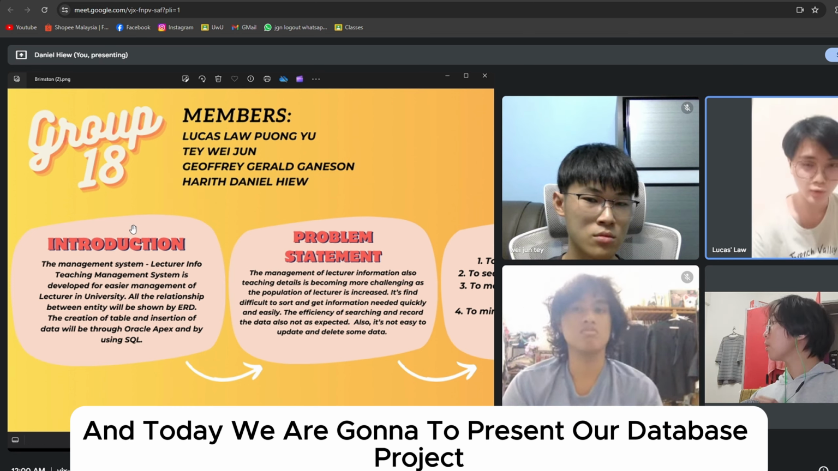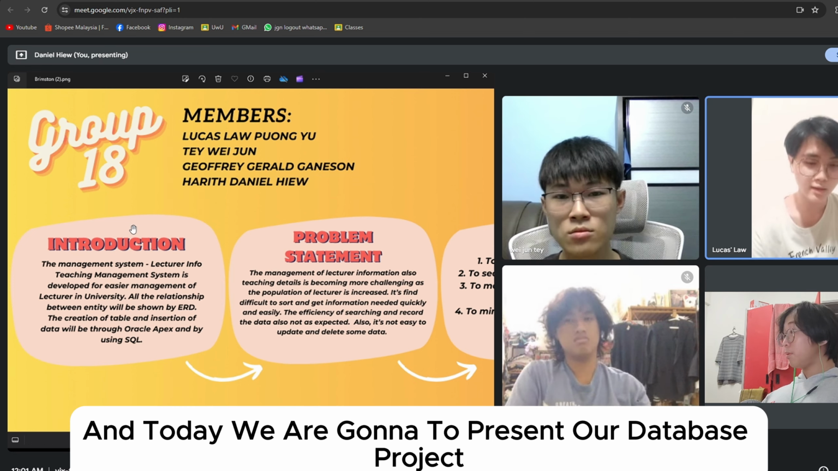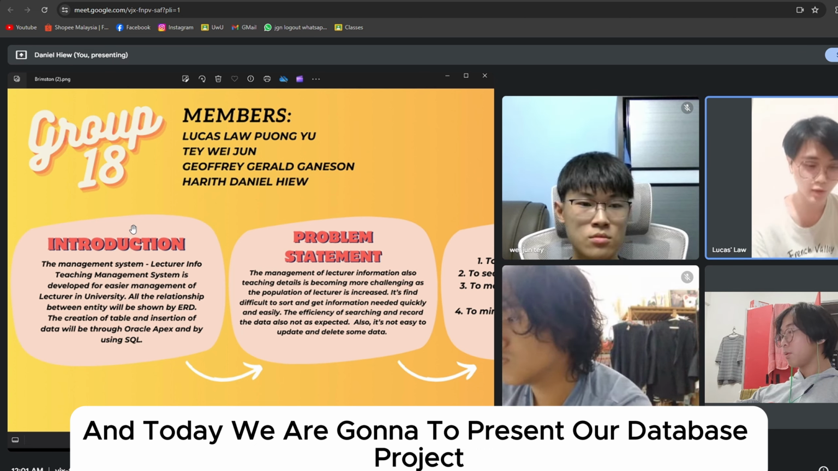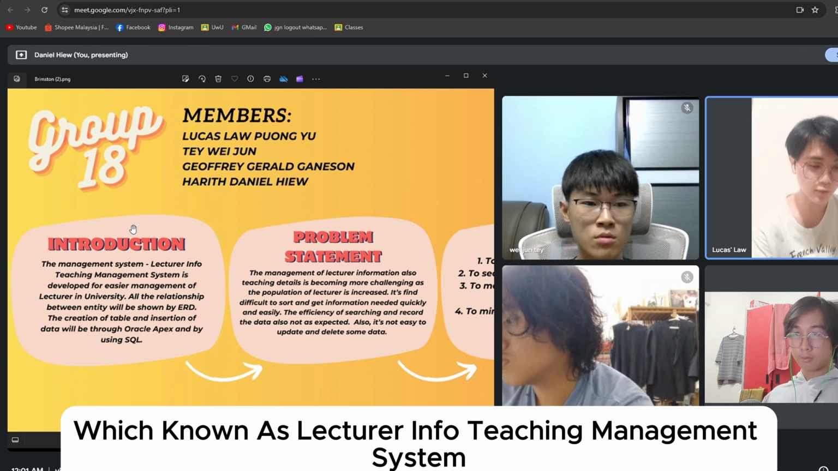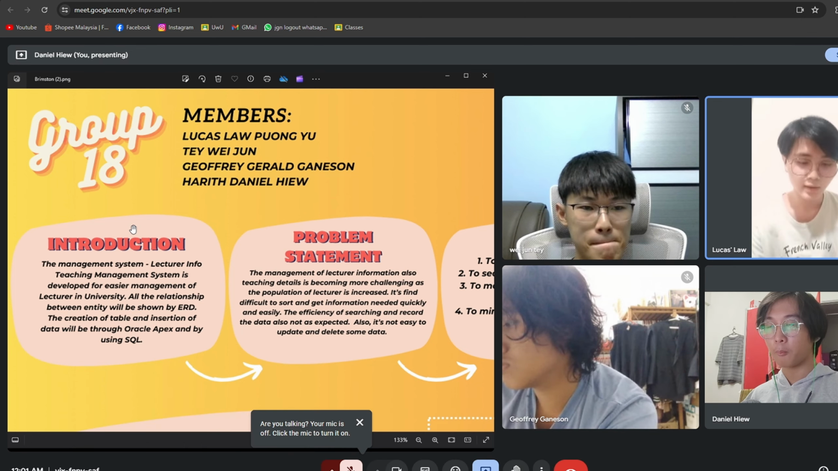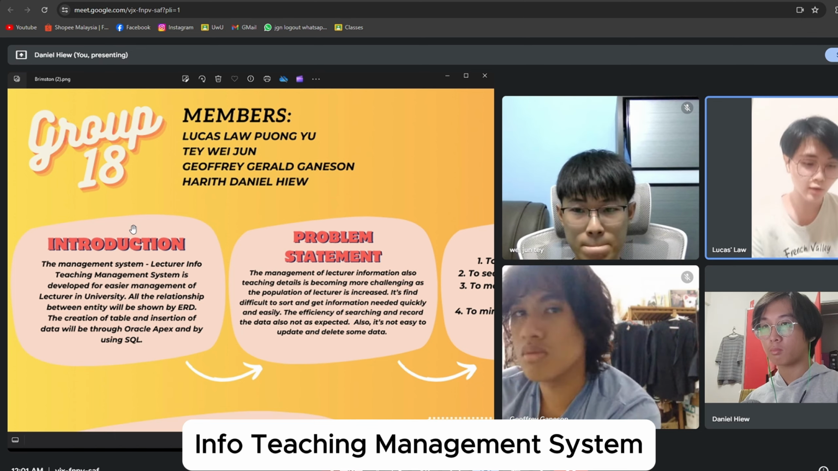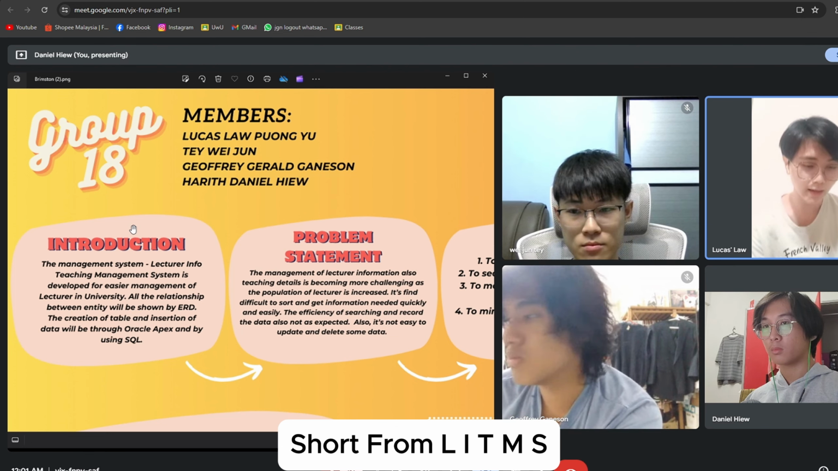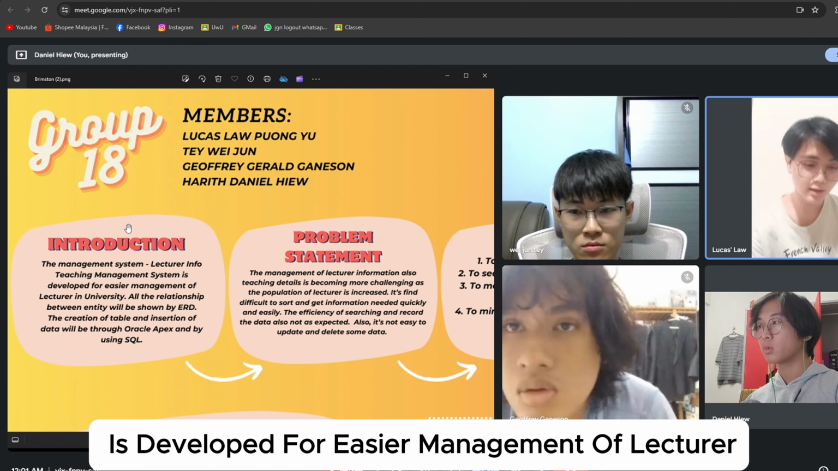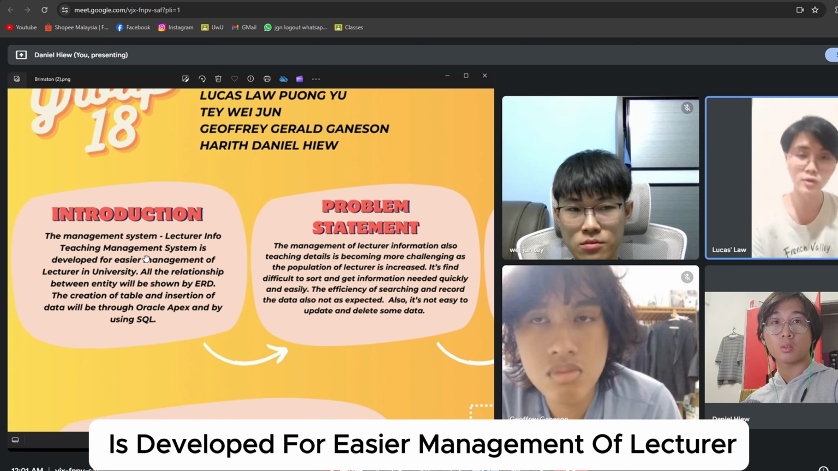And today we are going to present our database project, which is named Lecturer Info Teaching Management System. In this project, we developed a management system named Lecturer Info Teaching Management System, short for LITMS. It's developed for easier management of lecturers